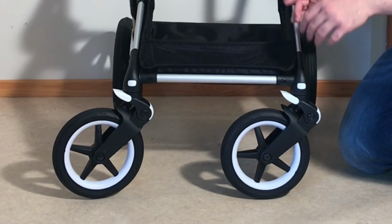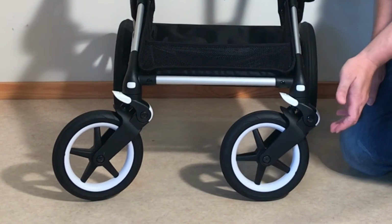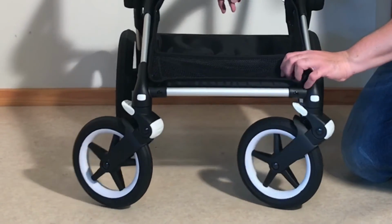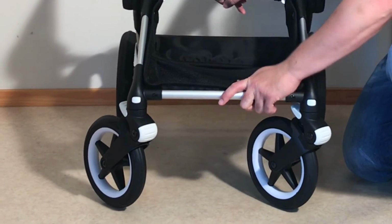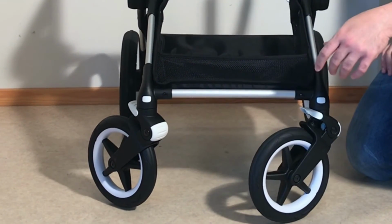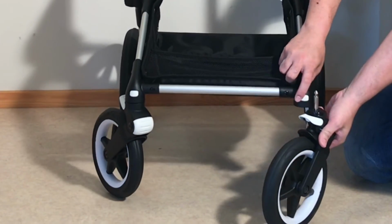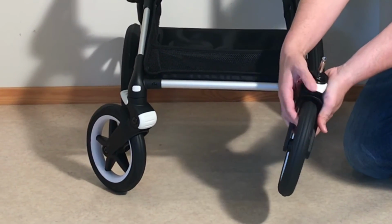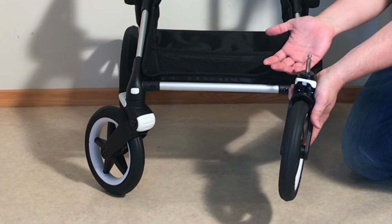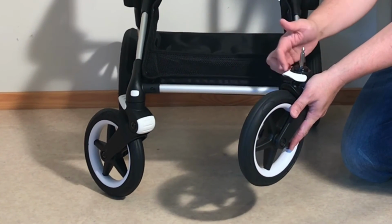Unlike the rear wheels, the front forks of the Fox2 hold their own pretty fat suspension springs, which is pretty standard for swivel wheel models, though I would like to say that they're not always done in as hefty a manner as they are on the Fox2. And this suspension, combined with the larger than average front wheels with those signature tires, really help the model get up and over stuff. The front wheels have a swivel lock, of course, which has not changed from the previous version, but like the brake, it's also one of those elements that I suspect may develop problems over time. In this case, simply because the system is built in somewhat small proportions, and in the long run, maybe 5 or 6 years, maybe sooner,